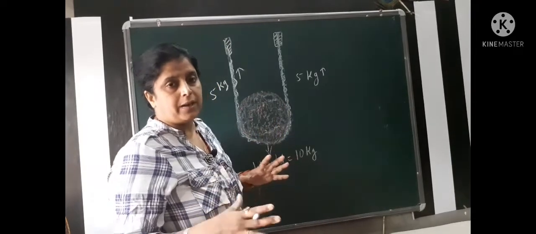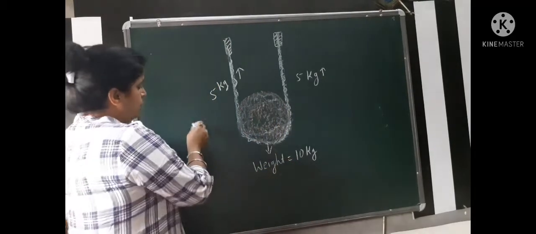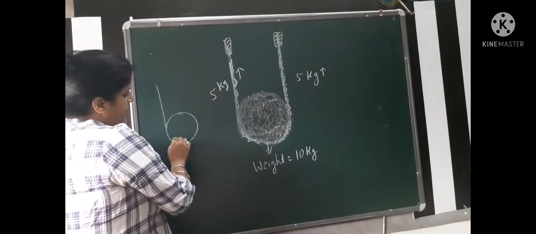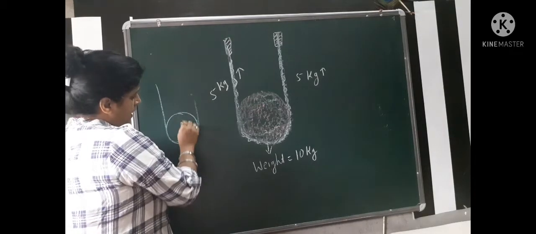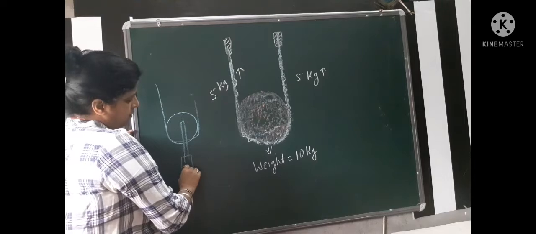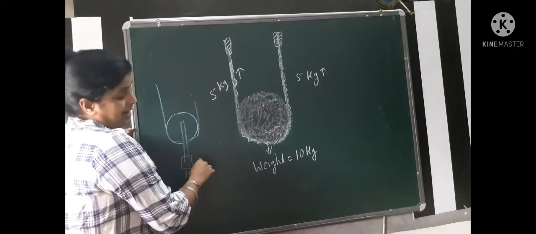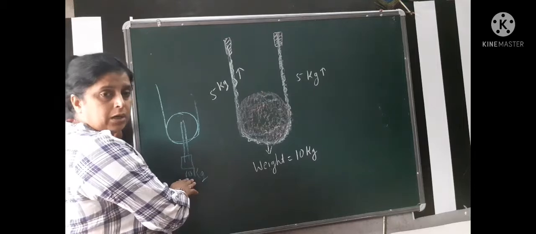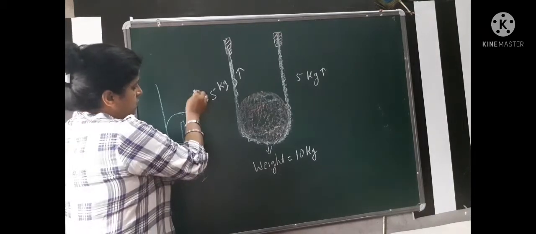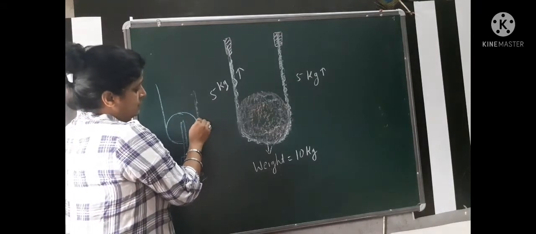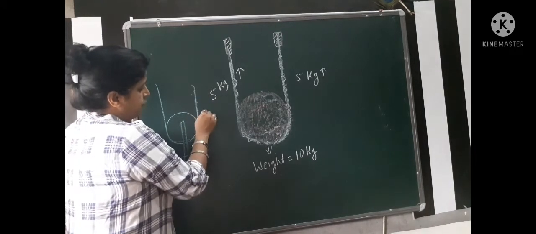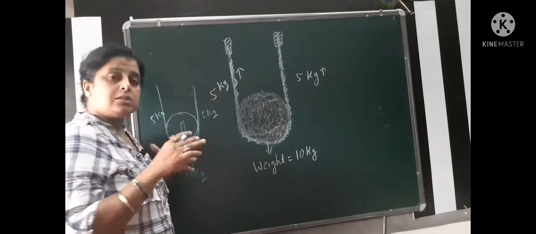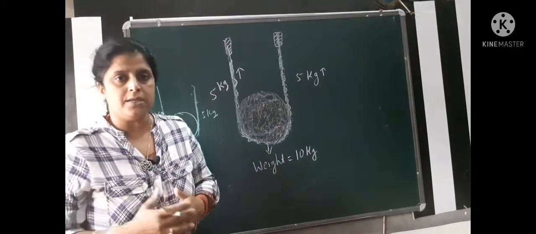Same process we apply in a pulley. When you lift any object with the help of a pulley, and that object is maybe 10 kg, it is weight, not mass, because there is gravitational force also. If the weight of the body is 10 kg, just try to understand that the force of tension at this point is 5 kg, and here also 5 kg. That concept you have to keep in your mind, right?